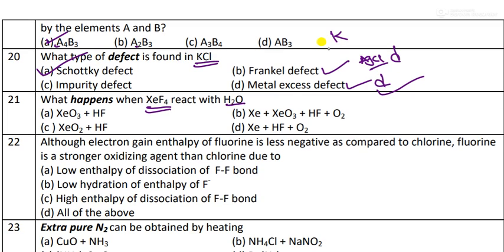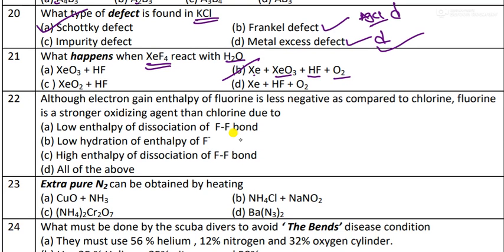Let's see one more question they have given now. What type of defect is shown by K plus Cl minus? K plus and Cl minus both are the same size. Same size means not Frenkel defect, and metal excess defect is not possible. Frenkel defect you can see in AgCl like compounds only, d-block elements only. Metal excess defect also you can see in d-block elements only. So you can see the answer is Schottky defect. Strontium, they mention strontium, so you can go with option A only. Look at the next question they have given.